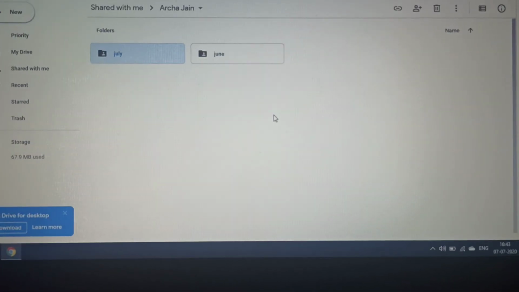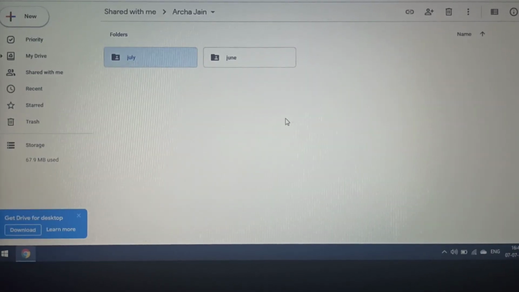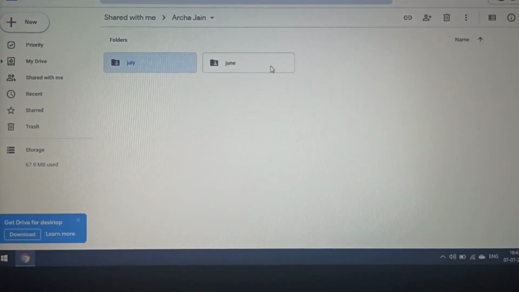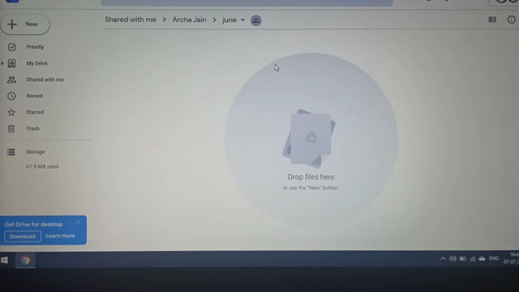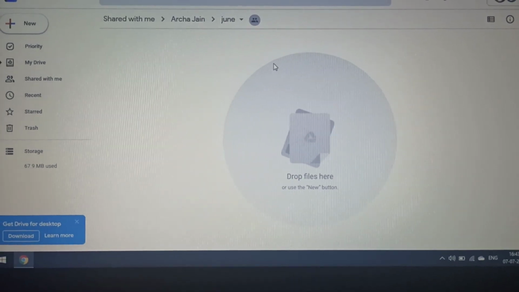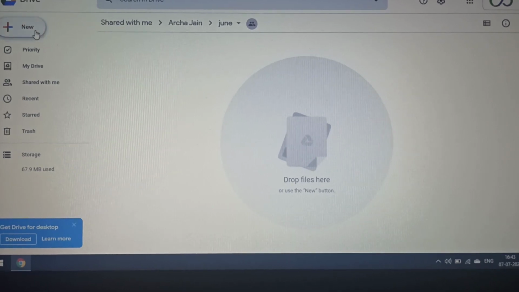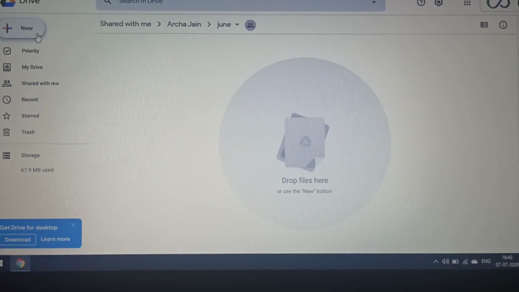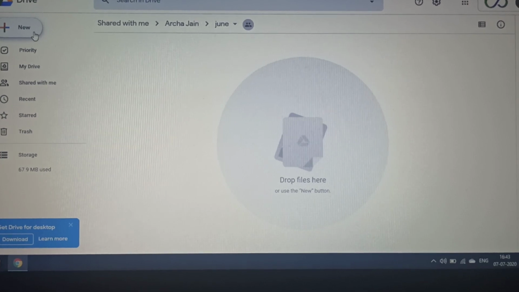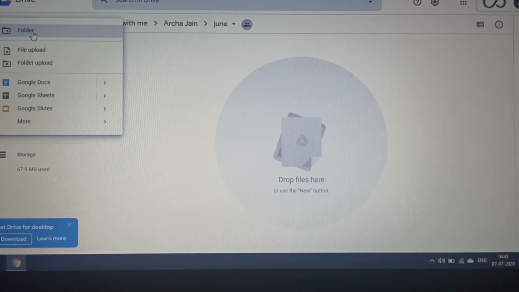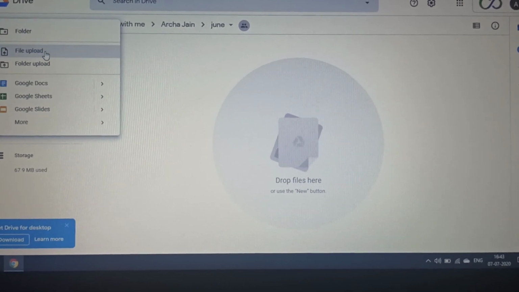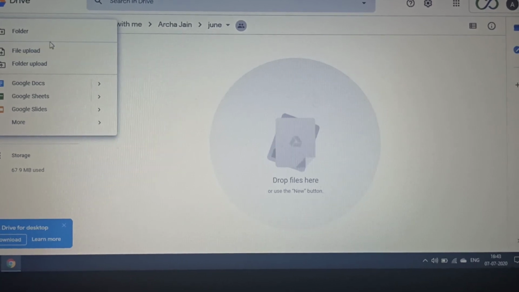Okay, now if I want to put my holiday homework into June, I will click on it, and to drop files here, what we can do, we will go to new. Here you can see this option new, just below the drive. When you click on it, it will show you to upload file or folder.